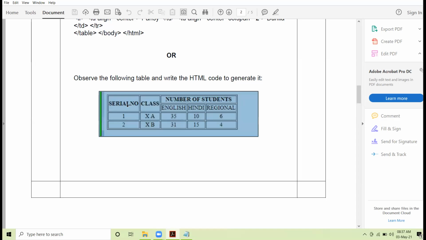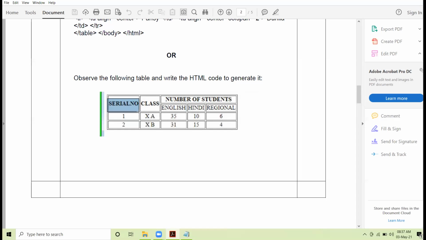Right? Now, the first cell of the header row is spanning across two rows. So it is the case of row span. And the second cell of the header row, class, that is also spanning across two rows. Okay.